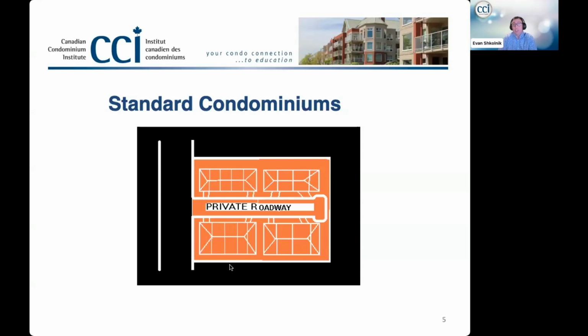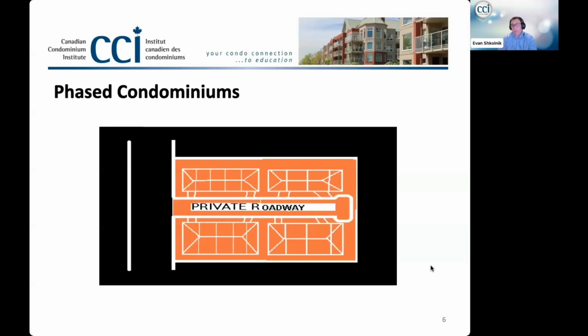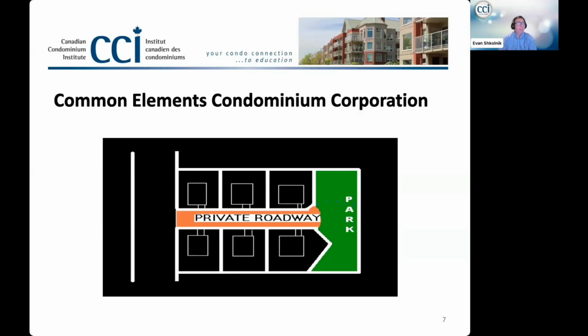The next kind of corporation that we see is the Common Elements Corporation. So this is a little bit different than the others. There are no units in a Common Elements Corporation. Instead,